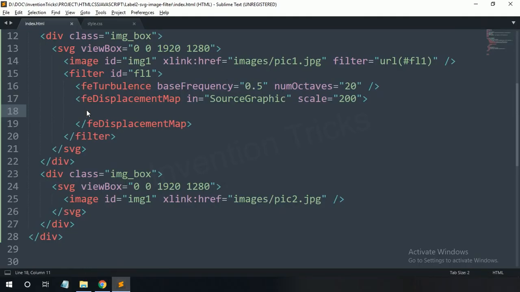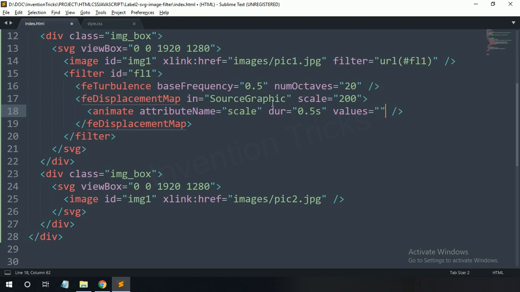Now add an animate tag for animation movement. Add attribute name scale. Duration 0.5 second.